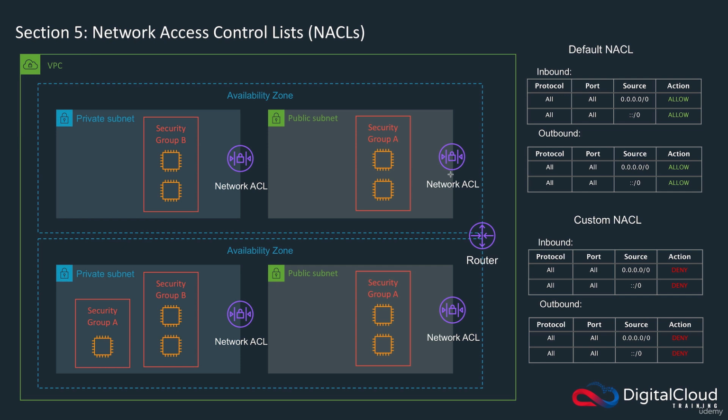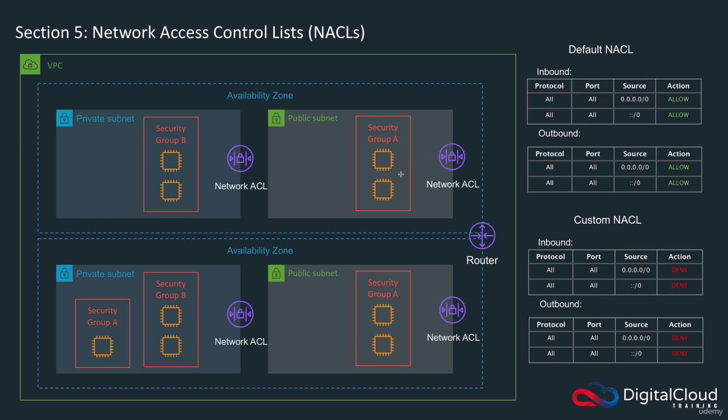A network ACL is associated with a subnet, not with an instance. So that's one of the key differences between a security group and a network ACL. Another is that your network ACL has allow or deny rules. So you can specify allow or deny rules, whereas if you remember with a security group, you only have permit rules or allow rules. So you specify the traffic that you want to allow, and that traffic is then accepted. And if you don't have a rule allowing that traffic, it just gets dropped by default,